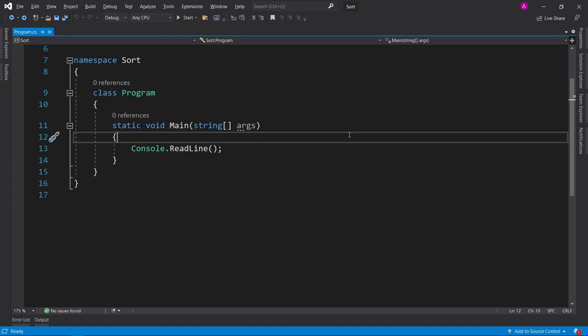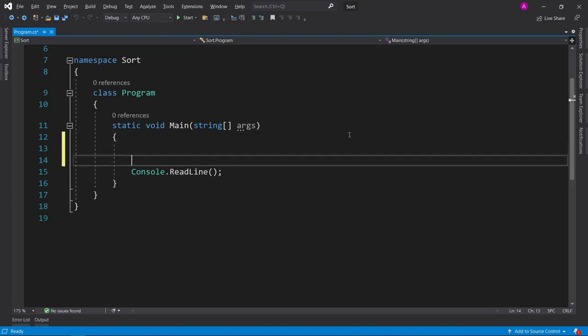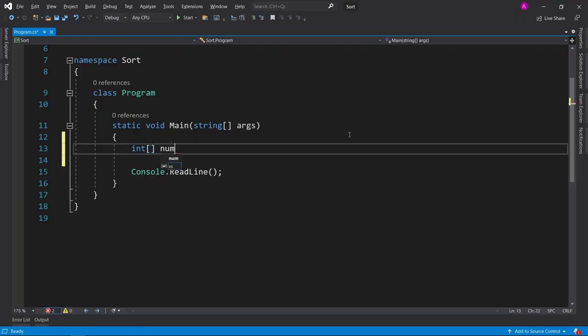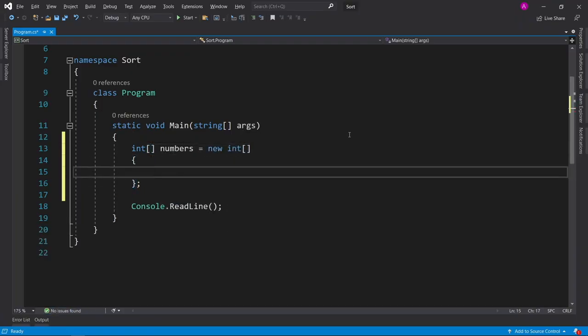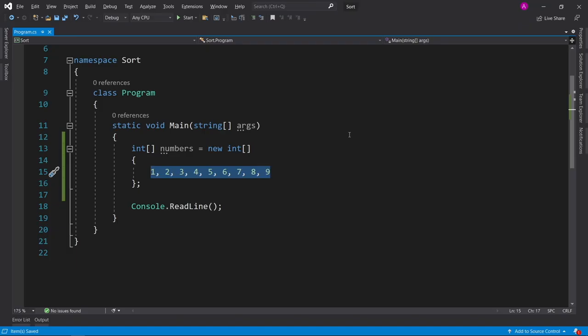In this video, we're going to look at how we can use the built-in array functions to be able to sort an array. So if you have an int array called numbers, and then using the previous notation that we looked at, we can actually specify any numbers that we want using a comma delimited list. So if we just have 9 numbers inside here, then we've actually defined an integer array, and then the compiler can count the amount of items that are inside here and give it the length,